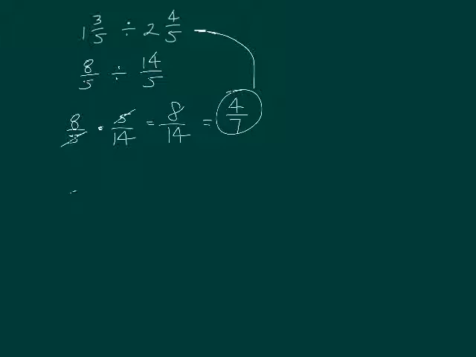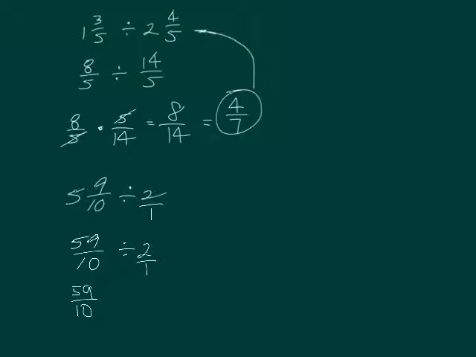Example 4, we've got 5 and 9/10, and what we're going to do is we're going to divide that by 2. So let's go ahead and change that 2 to a 2 over 1, and change my mixed number to an improper fraction, which would be 5 times 10 plus 9 is 59 over 10 divided by 2 over 1. Now we're going to flip them upside down and get 59